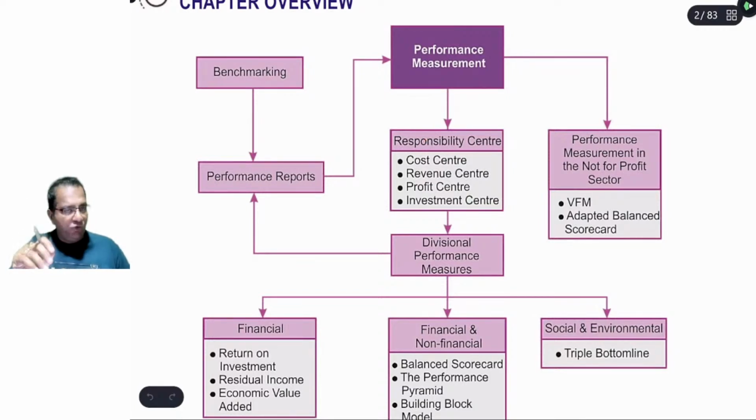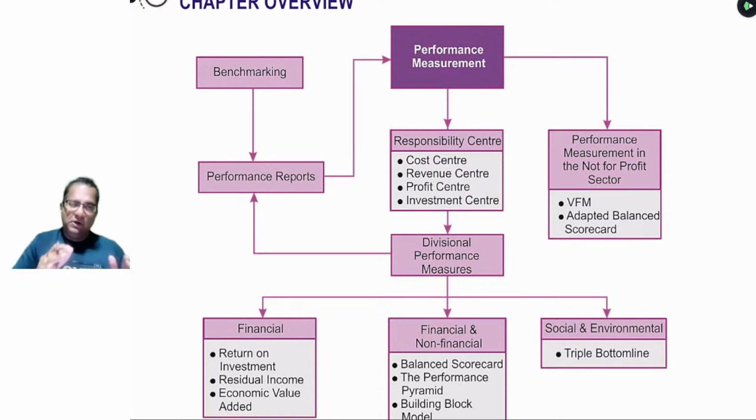I already told you that the performance will be measured and evaluated of a particular department. So the departments in the organization are decentralized. What do you mean by centralized and decentralized? In a centralized organization, all the decision-making power rests with the strategic level of management. If that is the case, then definitely if a department has no power whatsoever, then their performance cannot be evaluated on